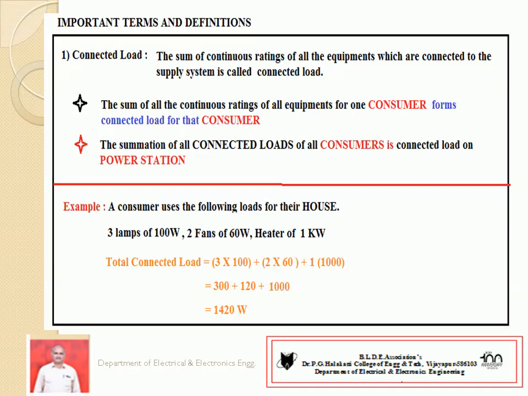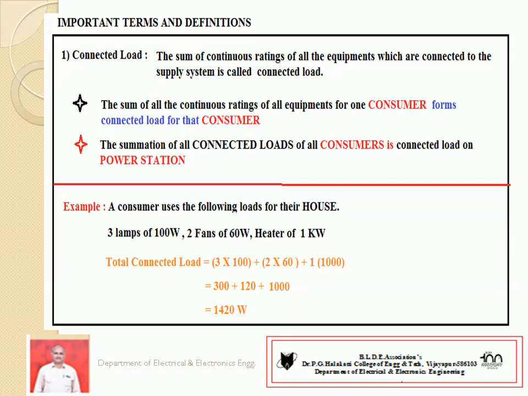Here one thing is required. You can consider the power rating of a machine either in watts or in kilowatts. It is just like the difference of rupees and paise. 1 kilowatt equals 10 to the power of 3 watts. You convert all ratings of the equipment into one unit. For example, now I am using watts.